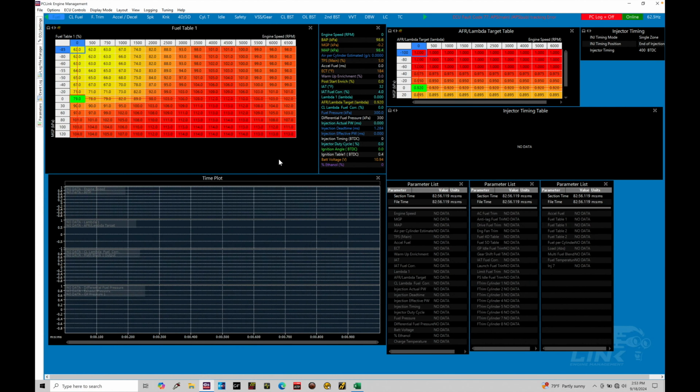Okay, so let's get started. We're going to be taking a look at setting up and working with our cruise control function found in our LINQ G5 and G4X programming. Now, our cruise control can be implemented in a variety of different ways, as we'll find here in this training